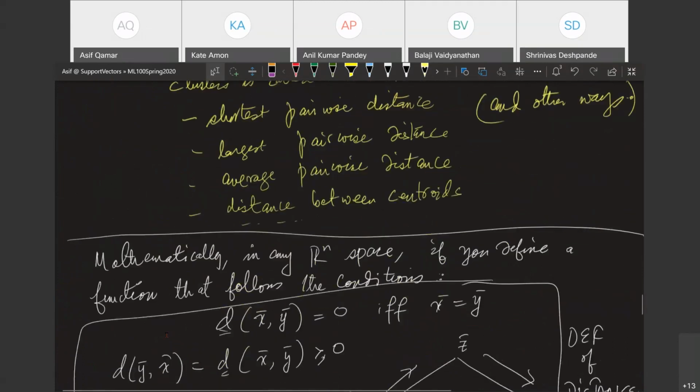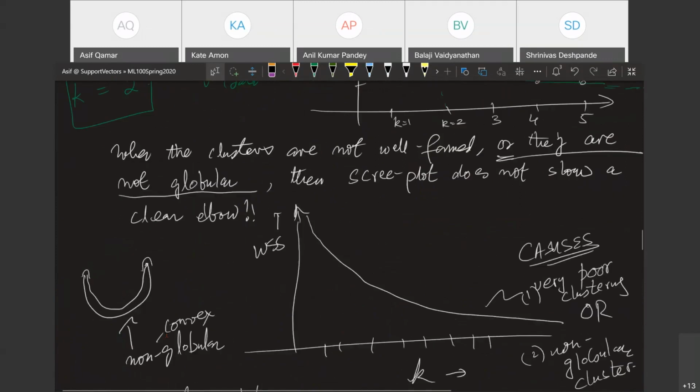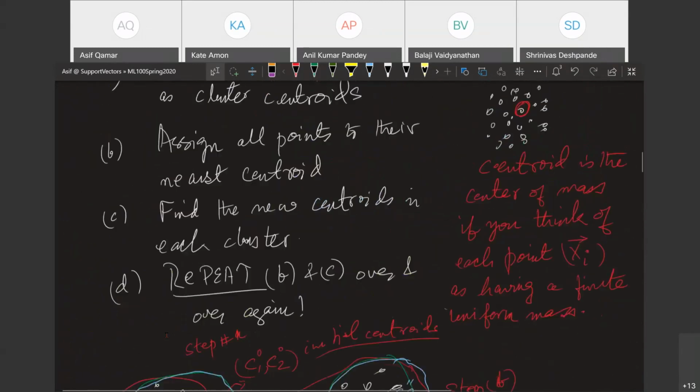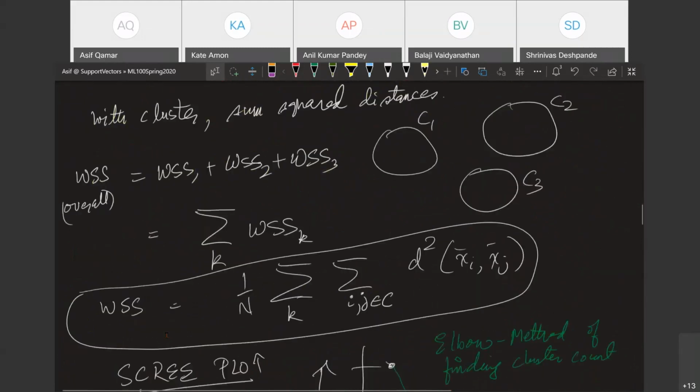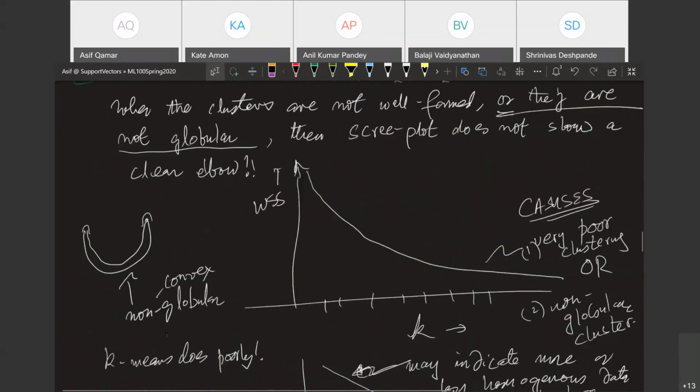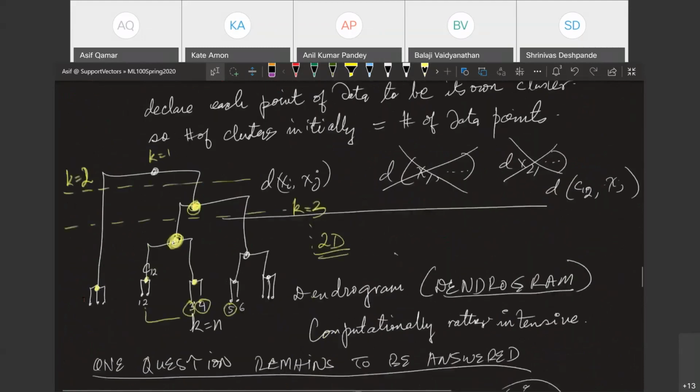Now, agglomerative clustering is different. If you remember, it takes all the points, calls each point a cluster to begin with, and then starts agglomerating, joining the points together and making bigger and bigger clusters. As you rise up, at the end you have just one big cluster. Depending upon where you cut the dendrogram, this hierarchical representation, you can get as many clusters as you wish, between one and the number of points.